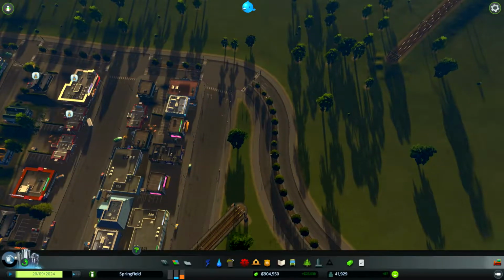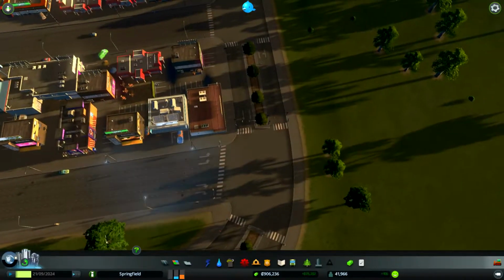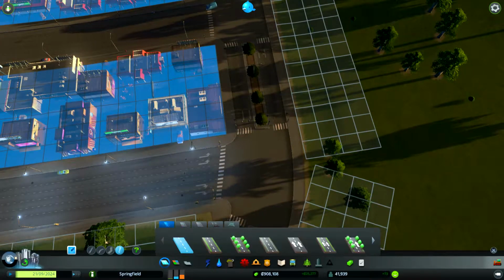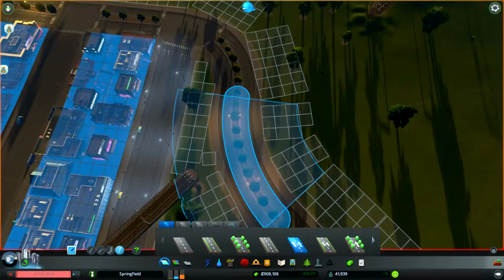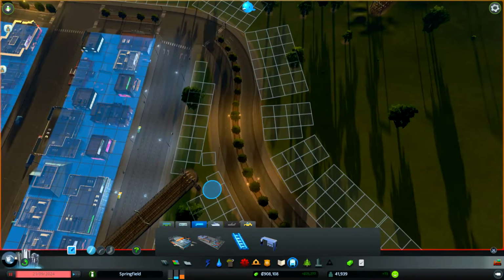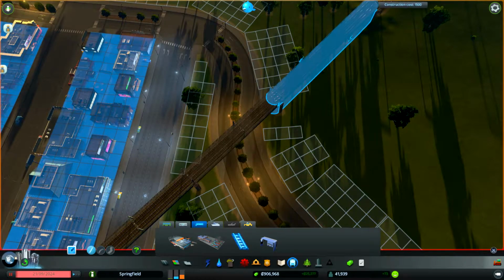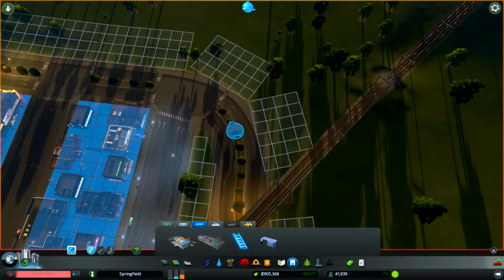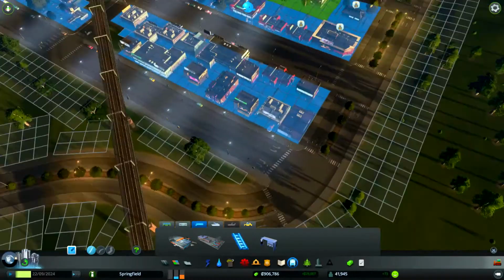So yeah, it means this road ends right here, and then you can maybe do something a little... here's what we're doing. Okay, so the rail line needs to go back in. And then we also need to,